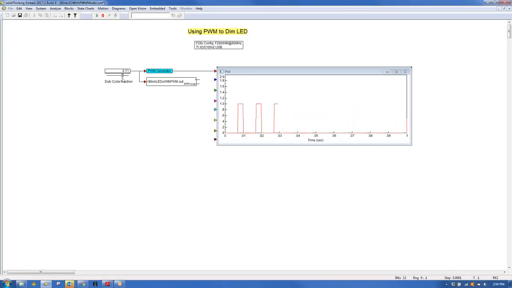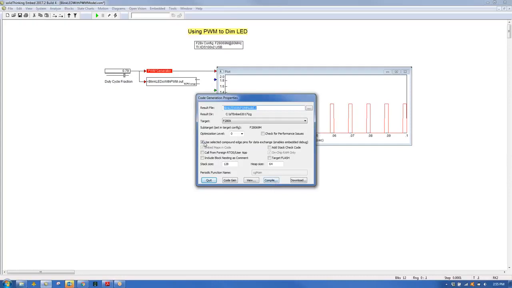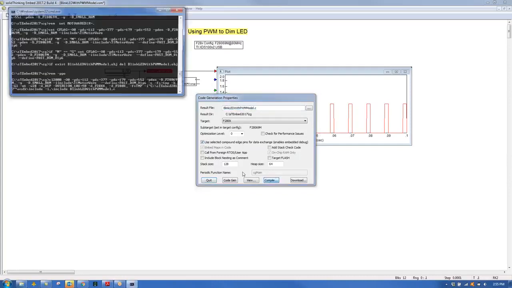Okay. So you can see as I increase and decrease the PWM, this thing is doing what it's supposed to do. Okay. So what I'll do now is generate code for this, code gen, and I'm going to use selected compound blocks, hit compile,